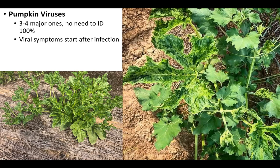Quite frankly, when you get them, there's not much you can do about them in that particular growing season. So you really are just going to see them after the infection. These are insect-transmitted viruses. All the insect has to do is probe on the plant if it's carrying that virus. And what you'll see is the plant will look good, particularly in the big picture here. You can see where the foliage looks nice and pretty. And then all of a sudden, you can tell when that insect carrying that virus fed on the plant,